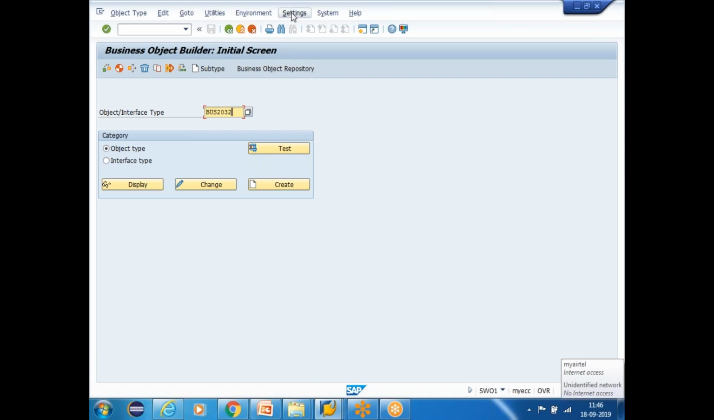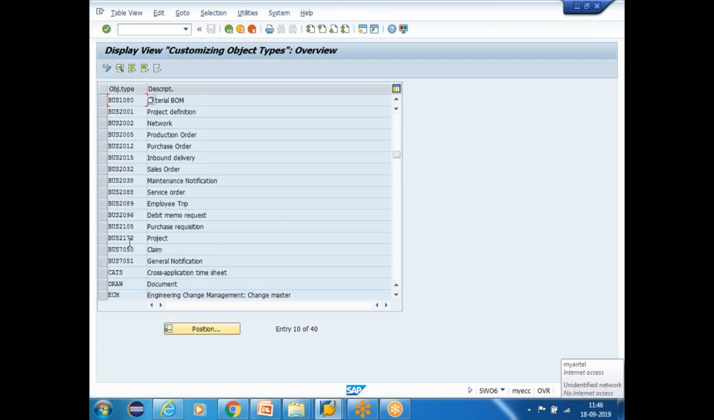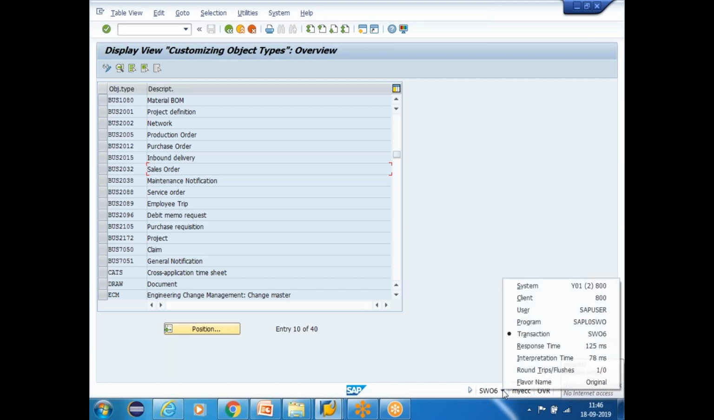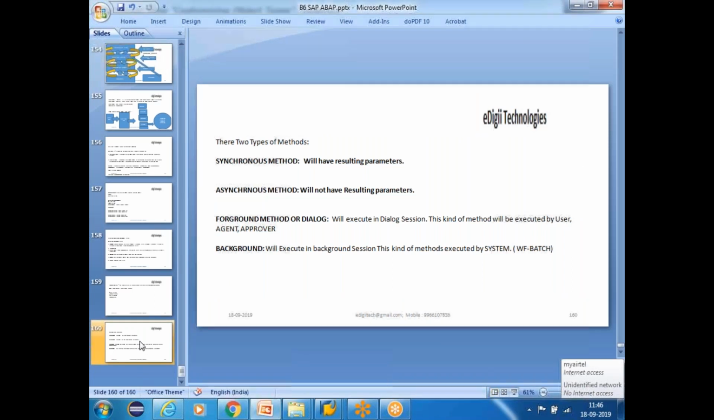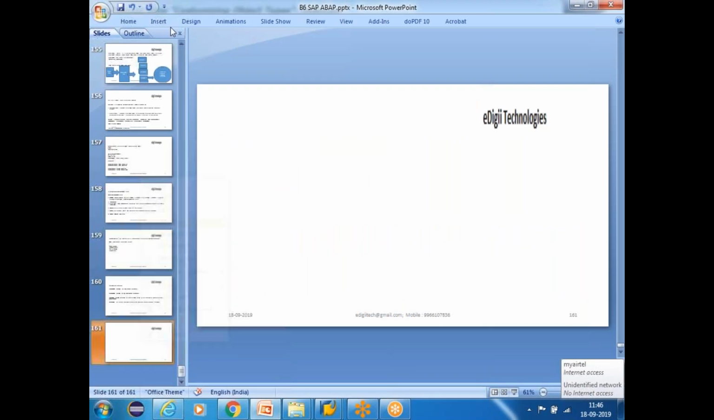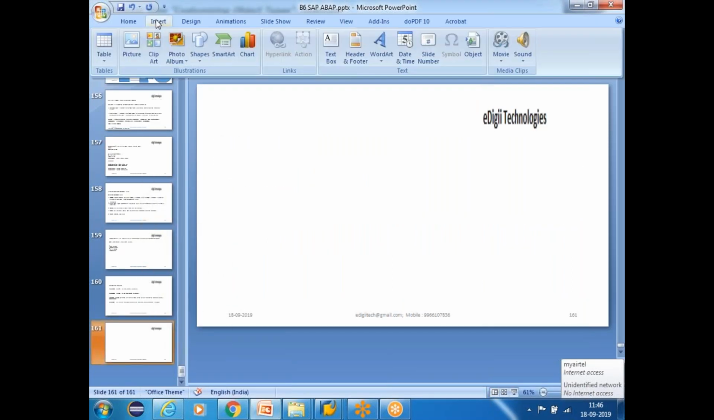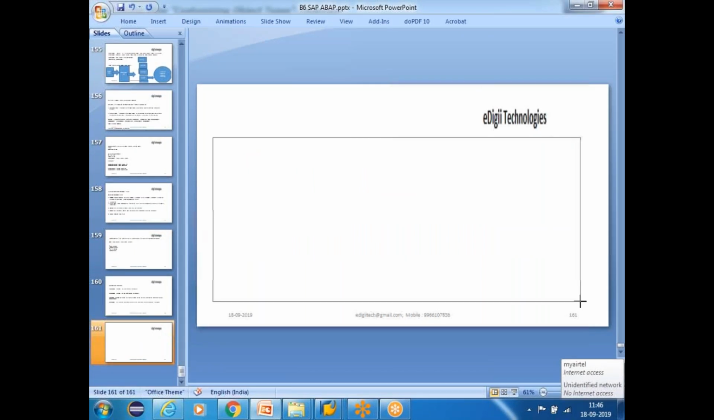There is an option called settings and delegate, guys. So delegate it, and you can see there is a BUS2032, and this is my delegation. And the transaction it goes to, someone asked what this transaction is, SWO6, guys. So if you want to delegate the business object, new slide and insert, and I'm going to write the